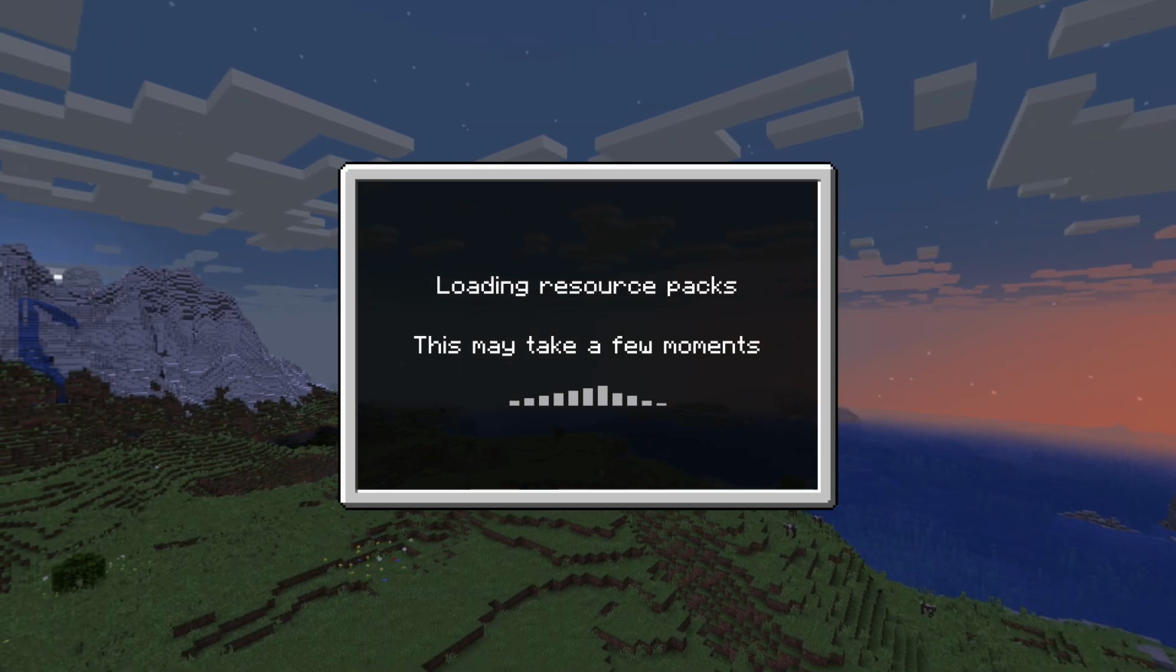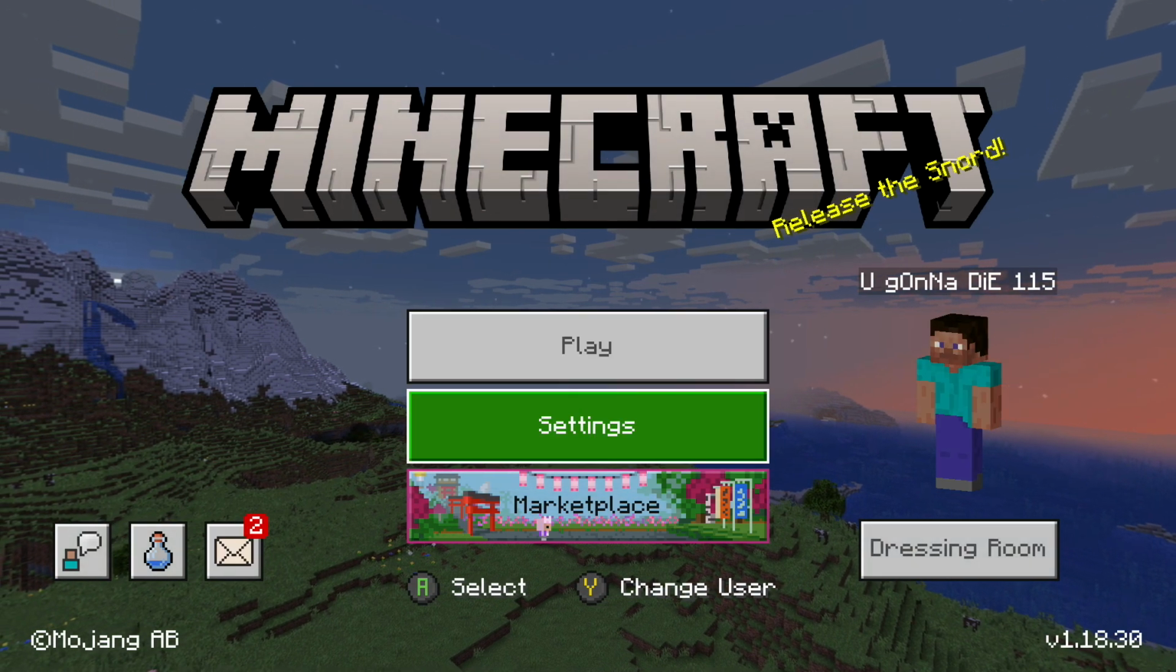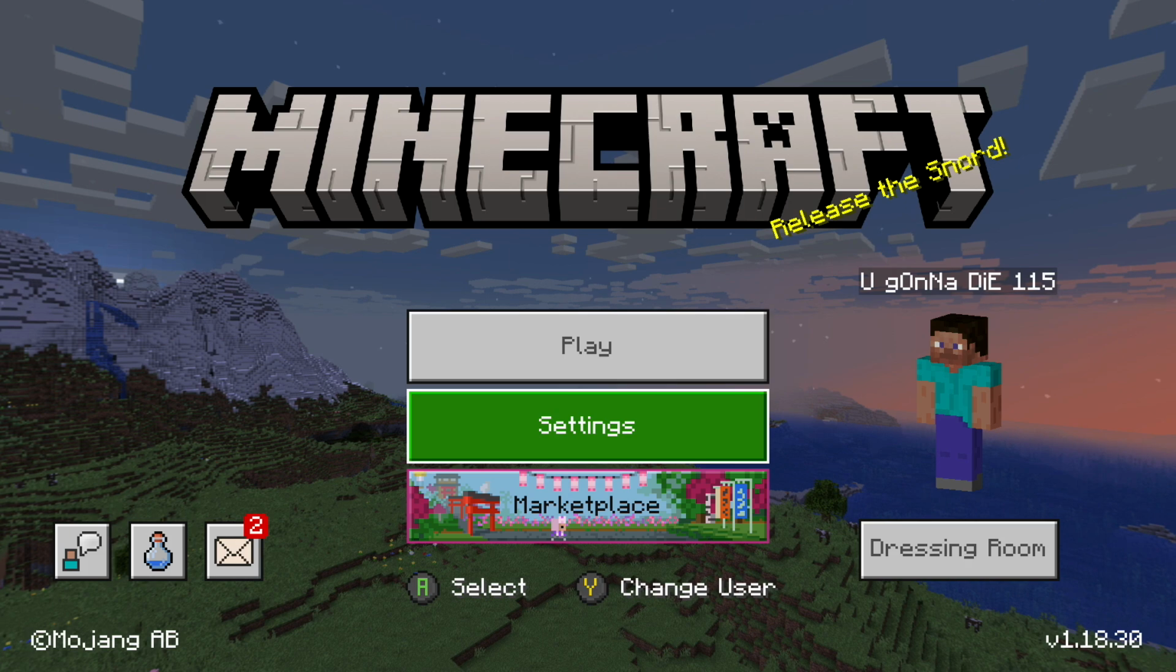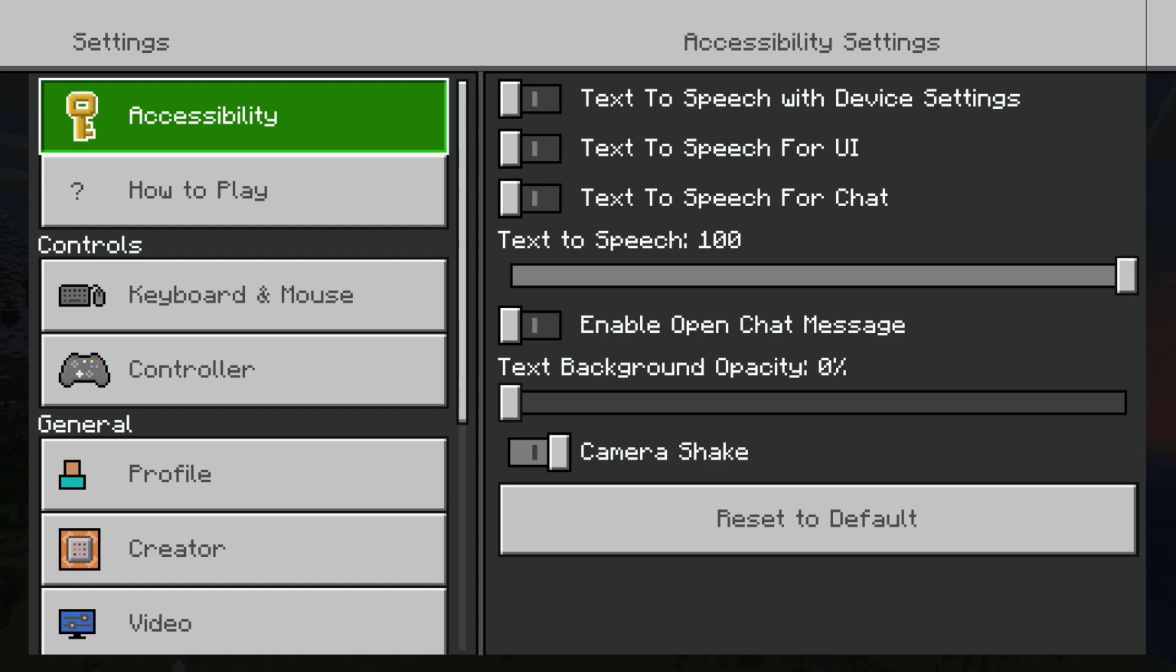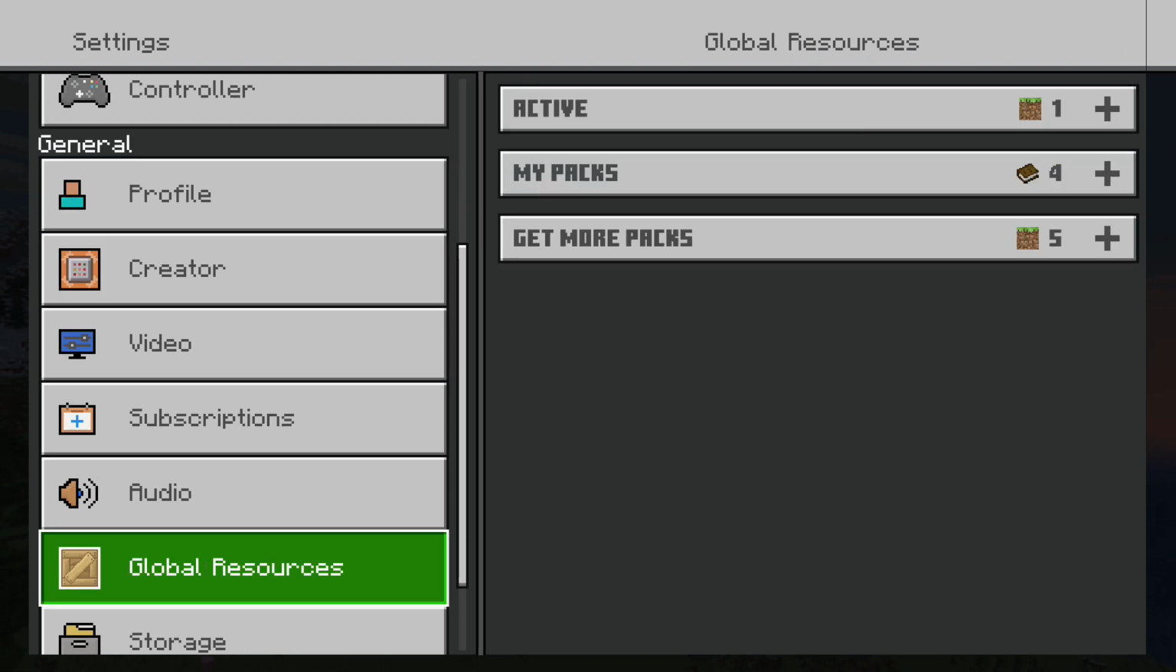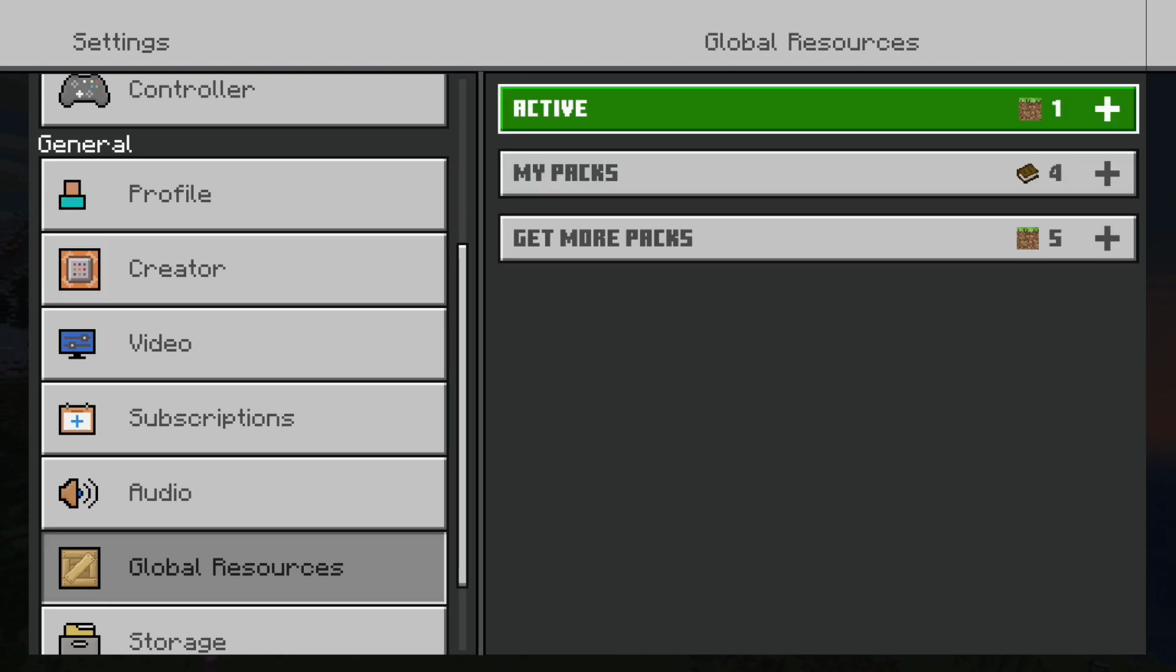Go ahead and get to the menu screen just like this, and from the menu screen, to apply our global resource pack, you want to go into the settings, and press the settings button right here. After pressing settings, you want to scroll down on the left side to where it says global resources, and then because we activated the classic Minecraft pack, you want to go over to the right side, go down to where